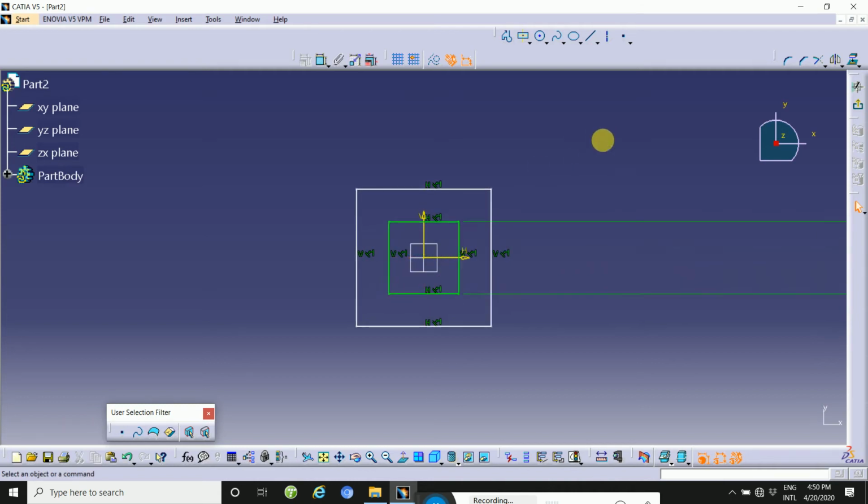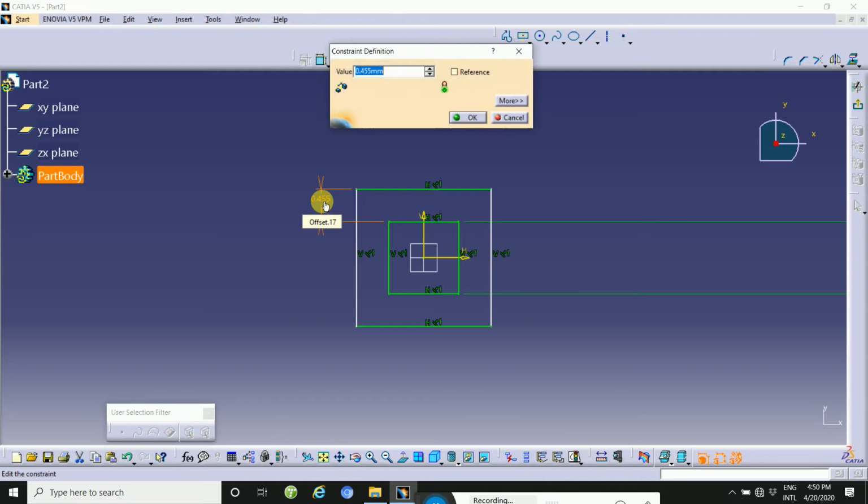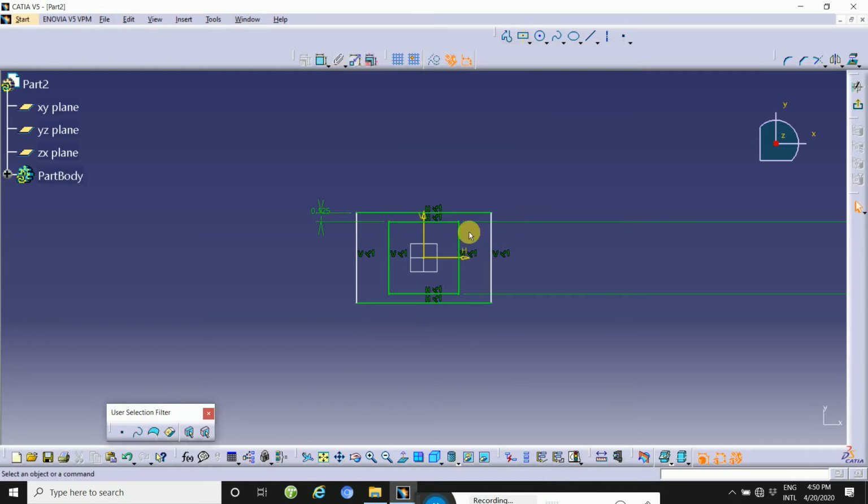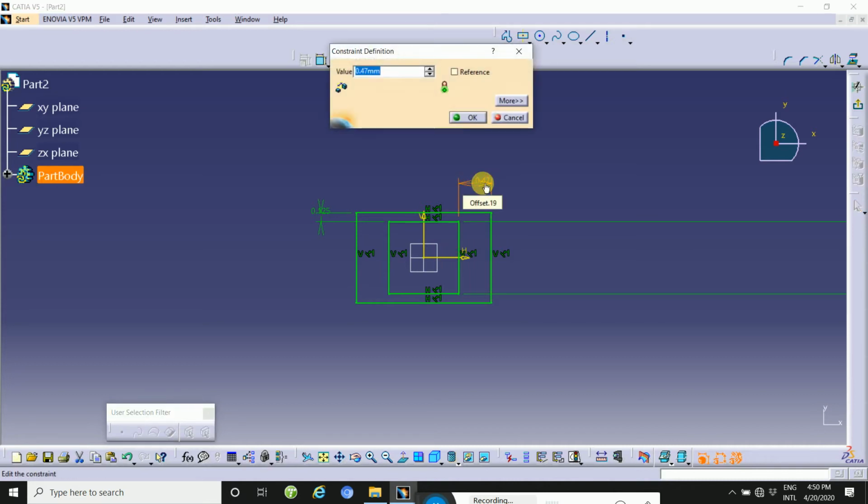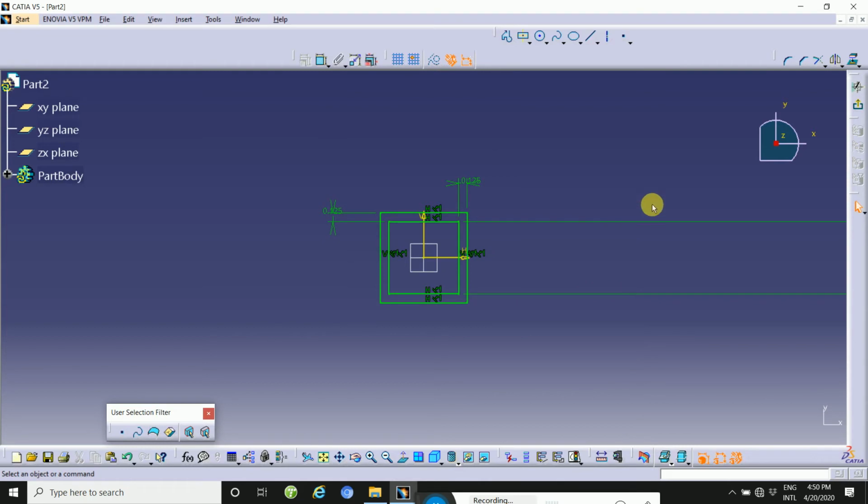Then take a distance here and here, 0.125, and then this distance, click, then 0.125. This geometry is ready.